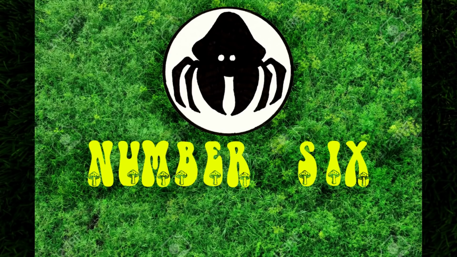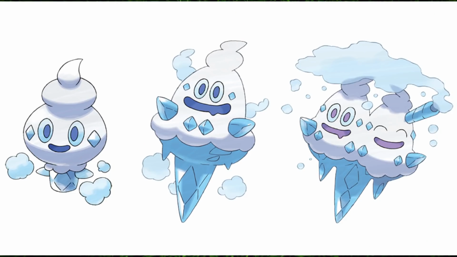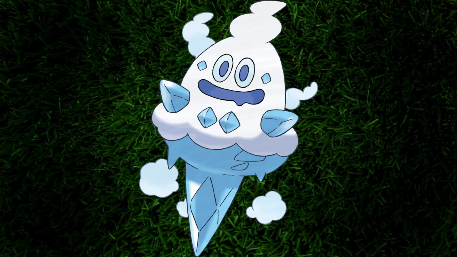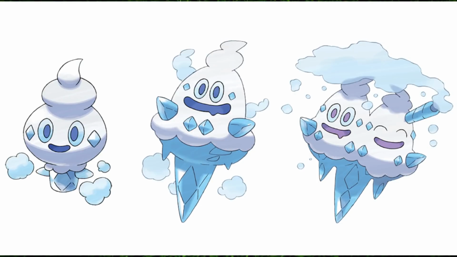Number 6, a three-way tie of Vanillite, Vanillish, and Vanilluxe. I really wanted to try and not combine multiple Pokemon into the same spot, but this one was starting to get complicated. Vanillite appeared 5 times, Vanillish appeared 3 times, and Vanilluxe 4 times. They were all on the list at varying points, so I played the averages and placed them all in the 6th spot. It's not common for a large majority to hate all 3 in the single line, so let's check